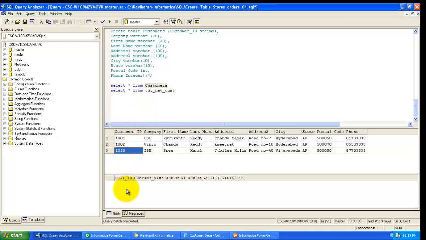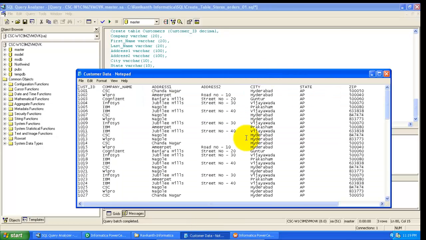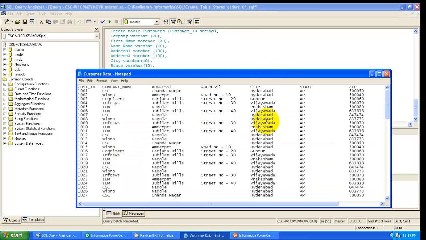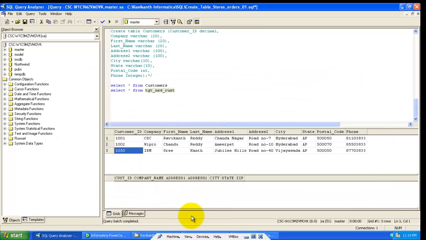While loading the 100 records from this flat file to the target table, these 3 records need to be omitted, as the records already exist in the database.